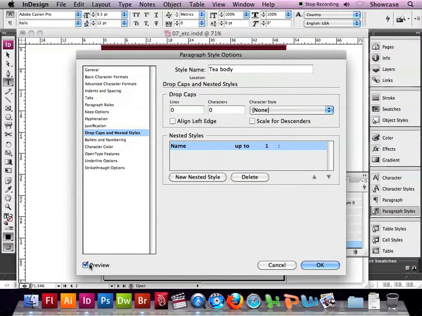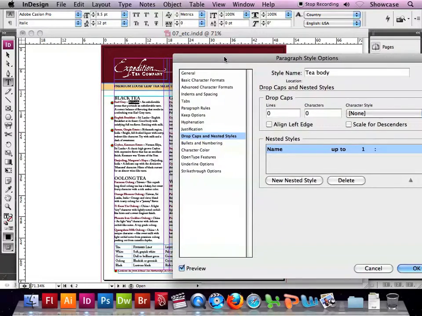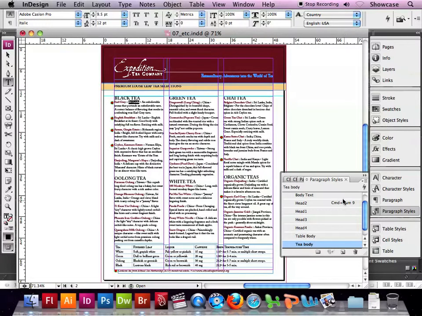If we preview that, we'll click on the preview button in the dialog box. Move it out of the way, we should see that everywhere where there's a name up to the first colon has been changed into the burgundy bold text. We can see that in the left hand column of our page. So if we click OK,